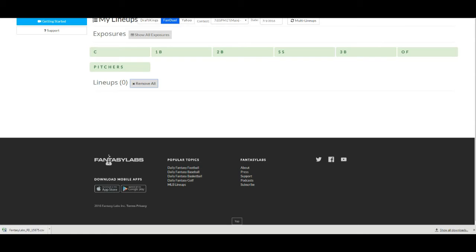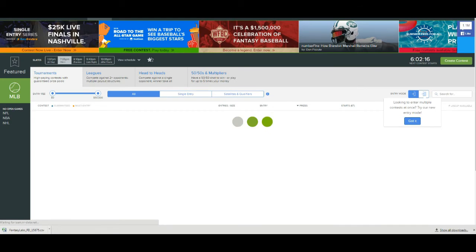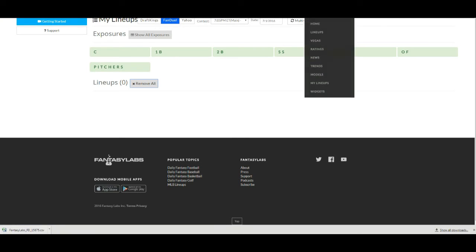If you don't want to shell out the $100 entry fee for the Super Duper Home Run, then you can enter the $3 squeeze, which we'll pull up in the lobby real quick. Alright, so the squeeze right here, 12.5K to first, 48,000 prize pool. Maybe you can create a solid amount of lineups to spread exposure in hopes of getting first place in a top heavy payout. So since this tournament consists of 48,000 people, I'll switch the model to the tournament model, which really heavily emphasizes upside. So let's go back to the models page,